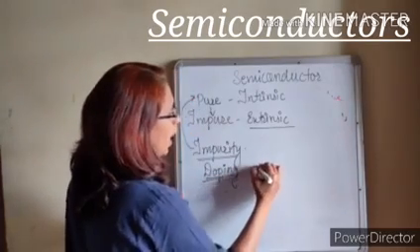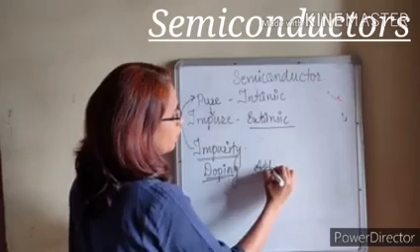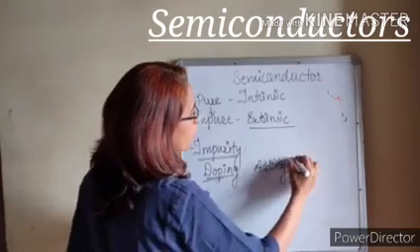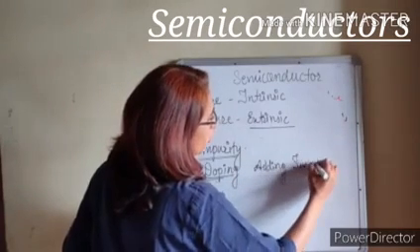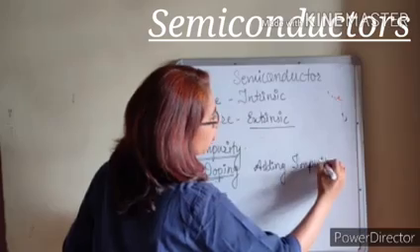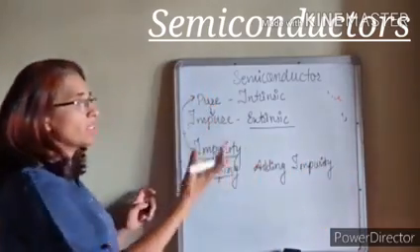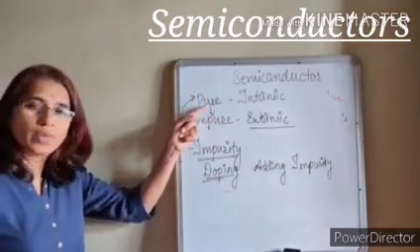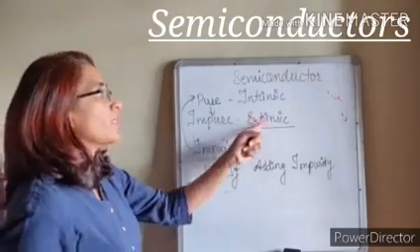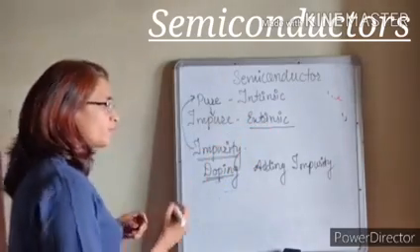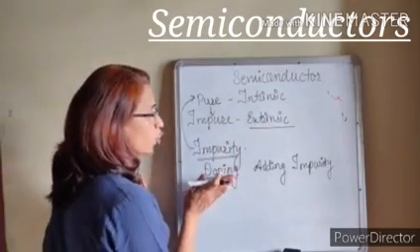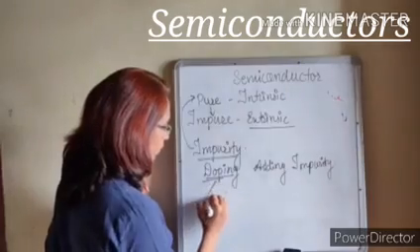Doping is nothing but adding impurity. Whenever we add impurity to the pure type of semiconductor, we get the extrinsic type of semiconductor. So this doping is of two types: